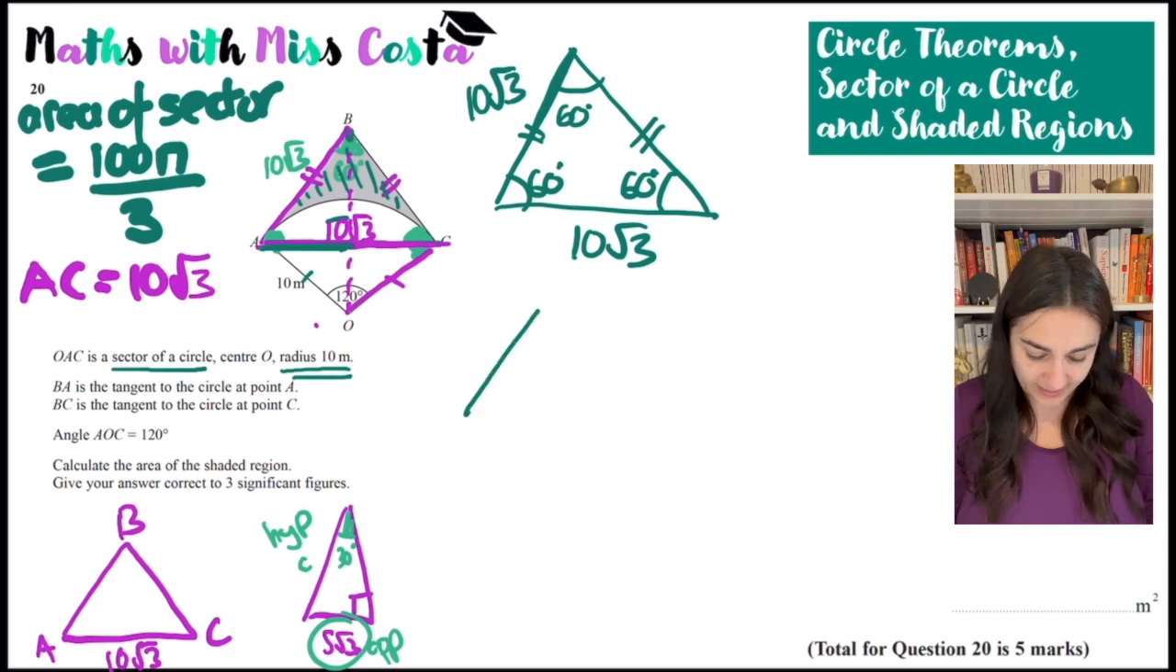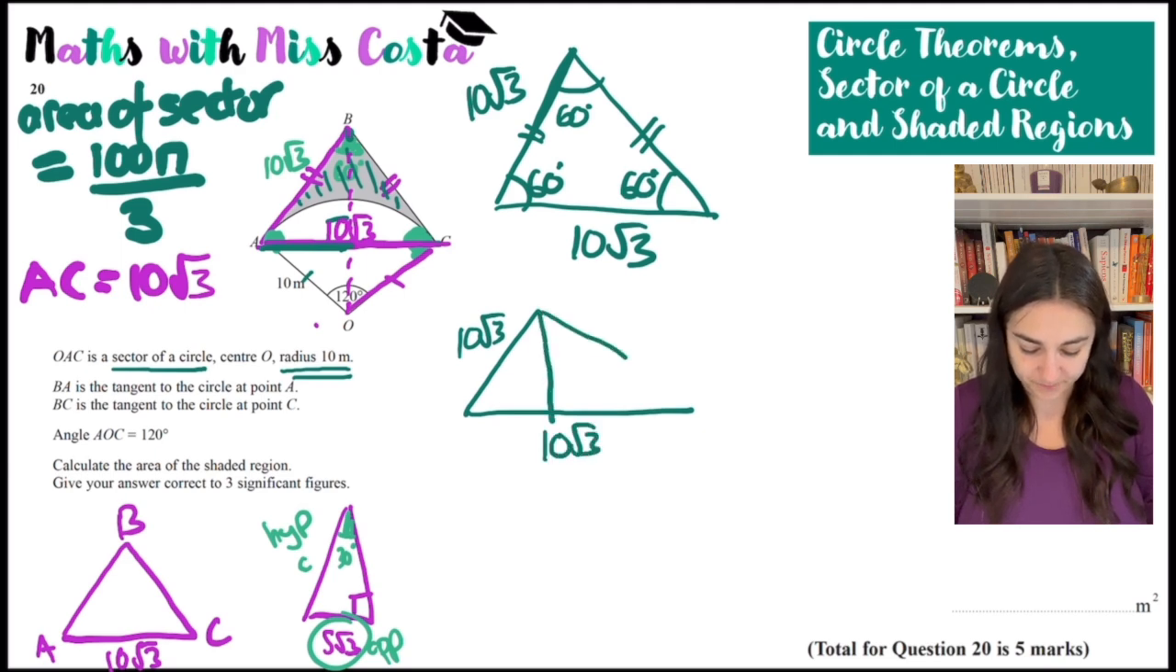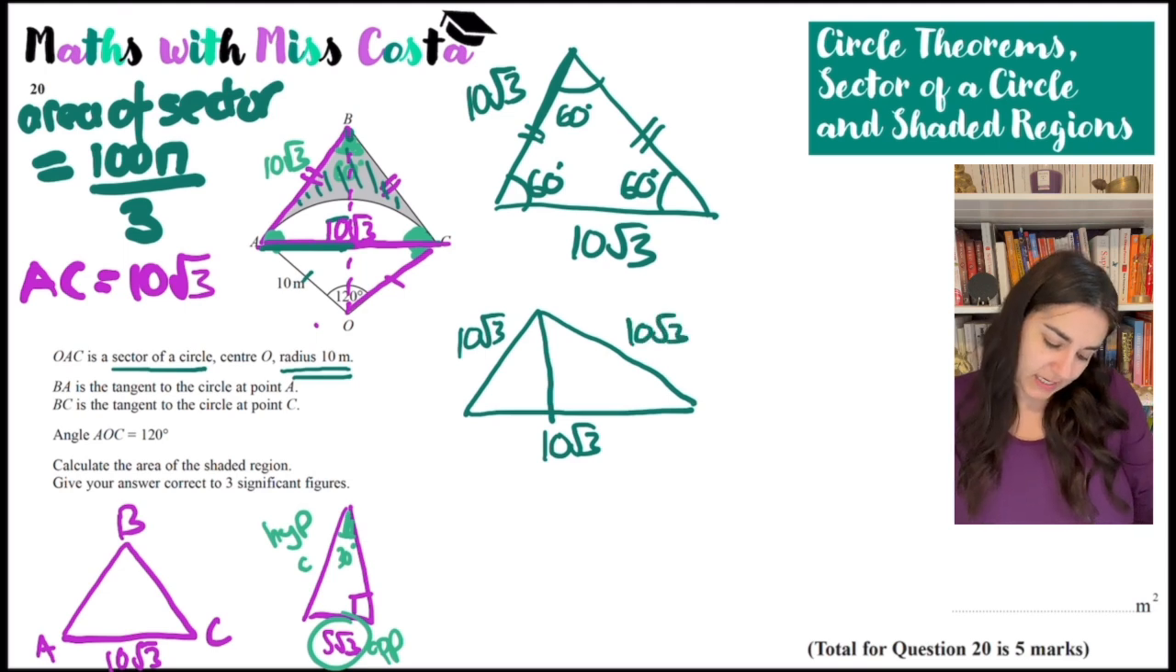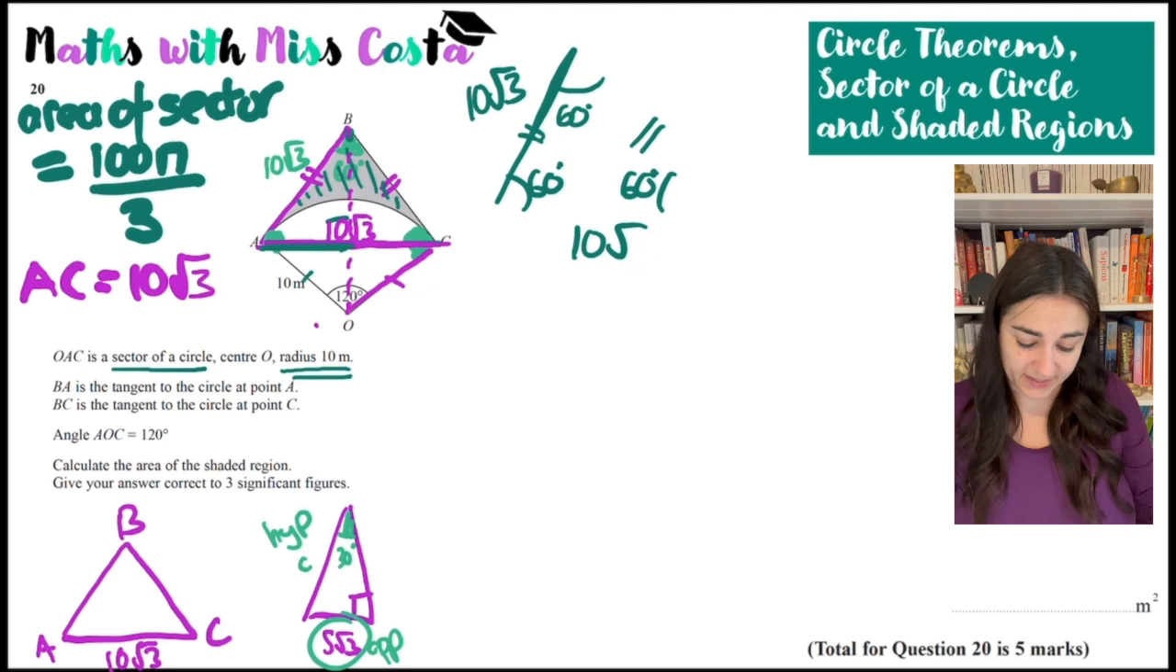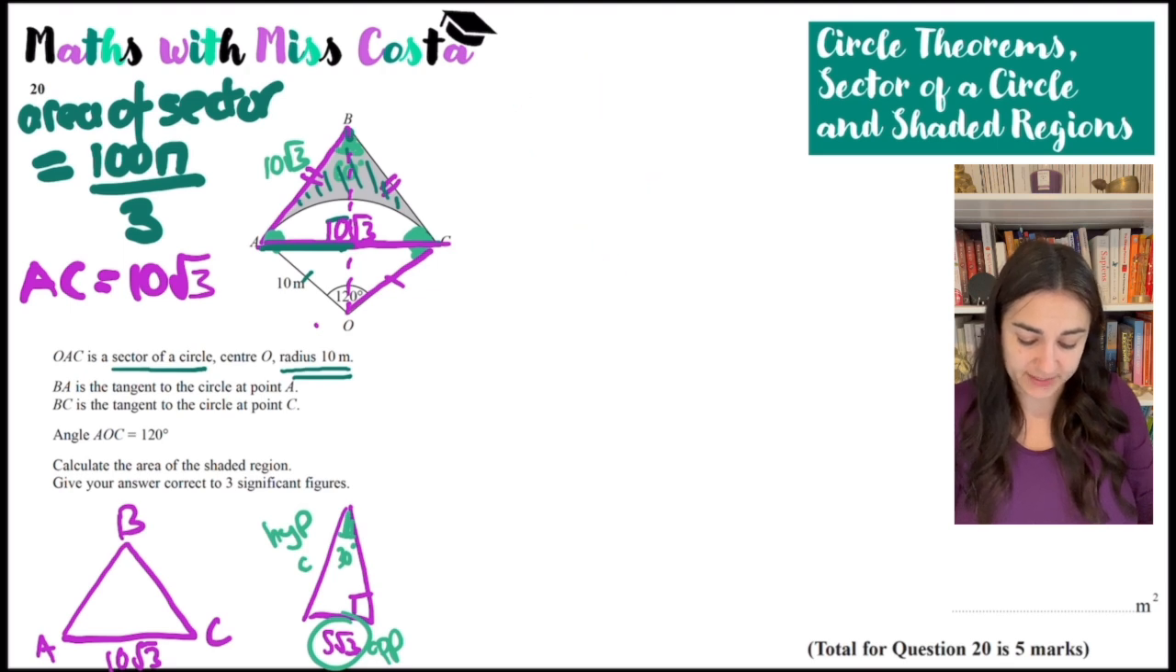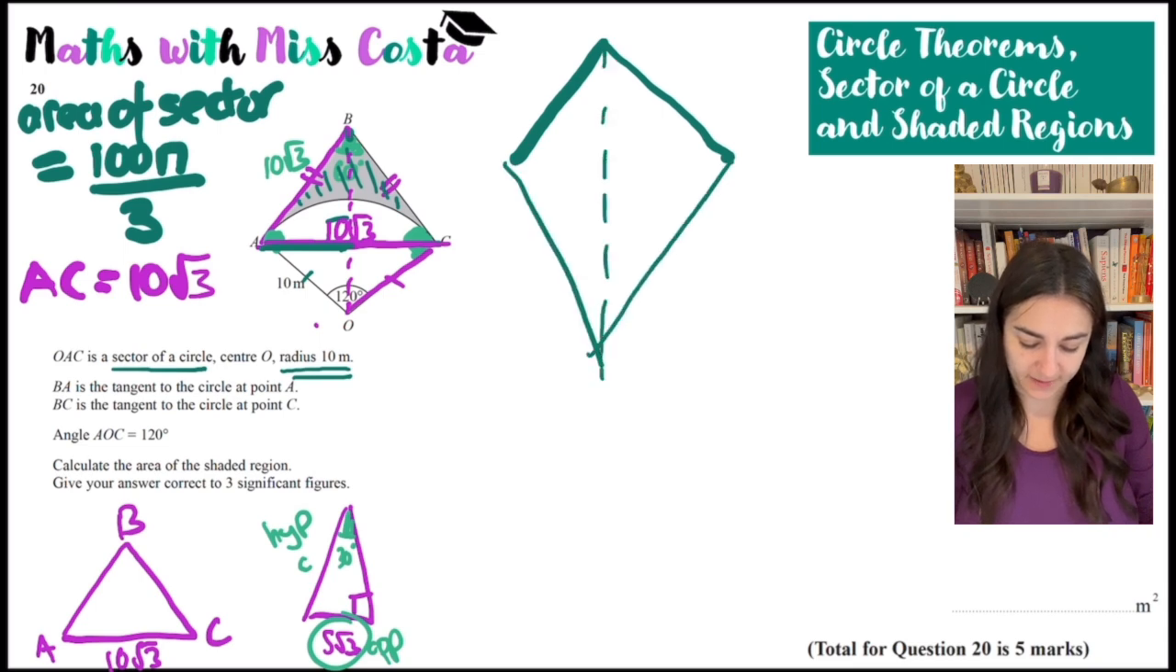So now I have this length here, 10 root 3. I have this full length here, which is 10 root 3. I know that this length here is also going to be 10 root 3. So what I could do, and again, there's so many ways that you can do this, but the way I'm going to do it is choose to split the kite in half. So if I think about this as the triangle,